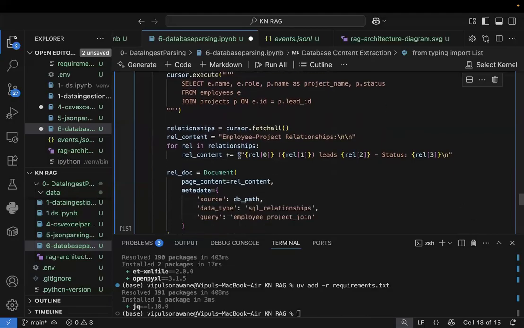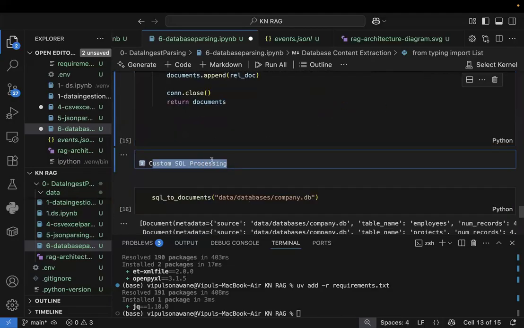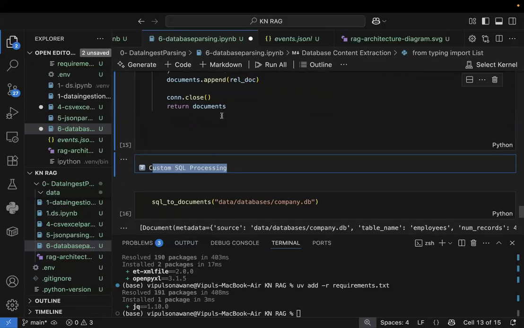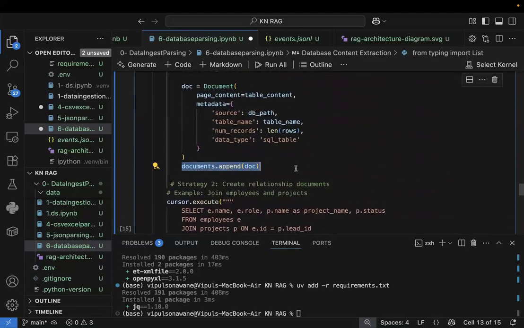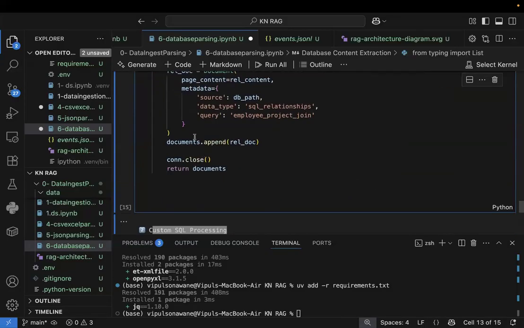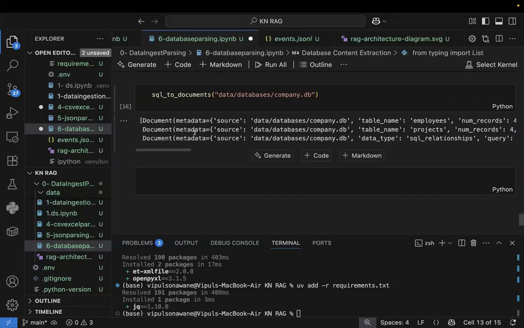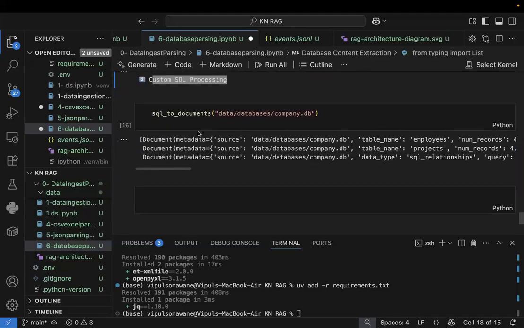You'll be able to see this thing. And if you are specifically calling this, let's say I go ahead and return the documents. Okay. So now let's call this particular function, SQL to documents, and inside SQL to documents, I'll go ahead and give the path. So if you remember what the path is,